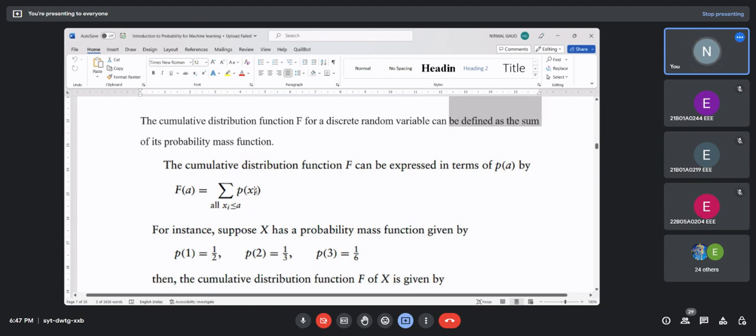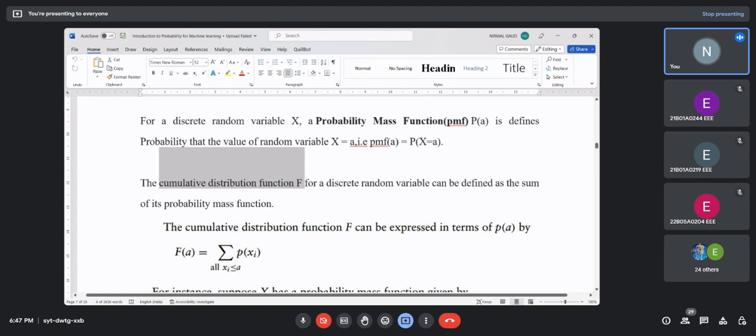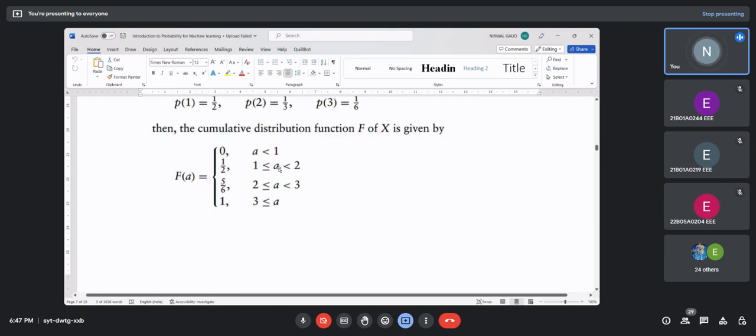However, I'm not going into the depth, just to give an idea of this. What does this cumulative distribution function mean? What does this discrete random variable mean? A discrete random variable is any random variable which is defined in the form of counting. That's a discrete random variable. Now,